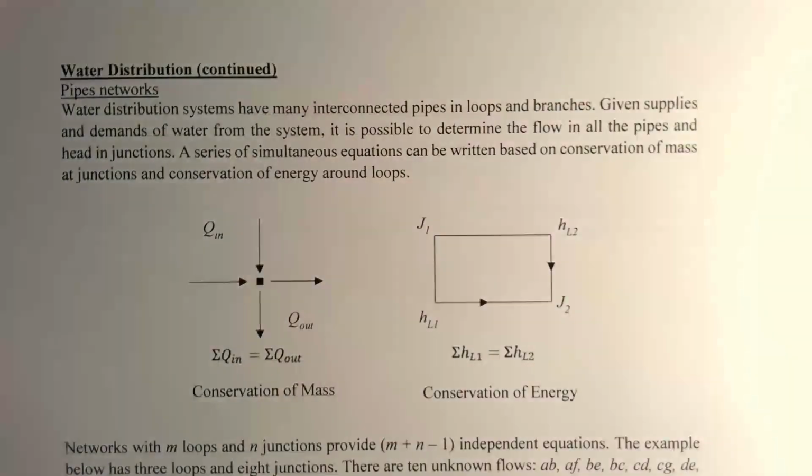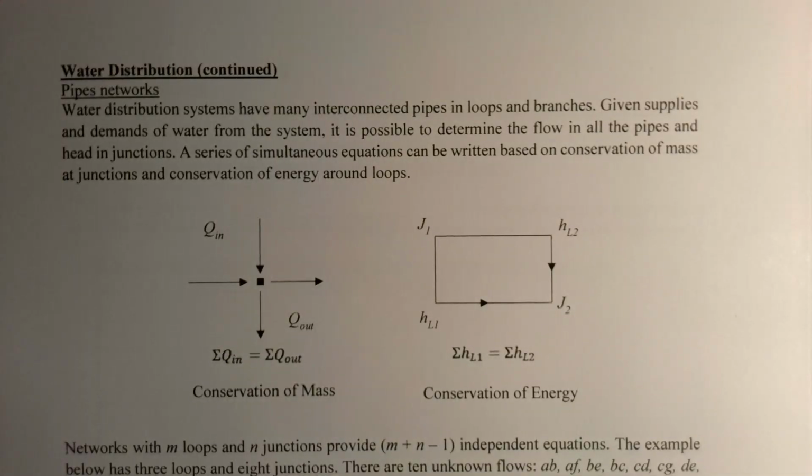All right, so we've been talking about flow in pipes and in pipe junctions and pipes in parallel and pipes in series. In reality, water distribution systems are going to be connected in a whole complex network that is going to include some that are connected in series, some that are in parallel, and then there's going to be junctions. So we need a systematic approach that we can use to analyze that, to deal with the complexities of real-world